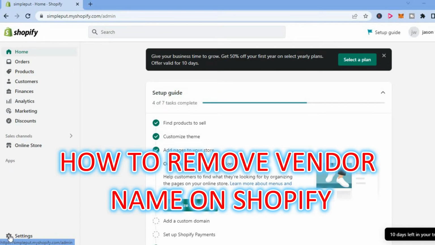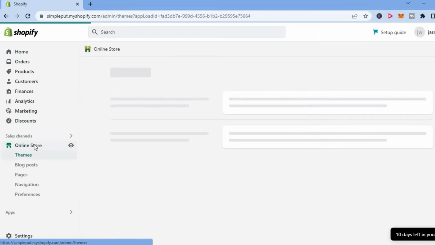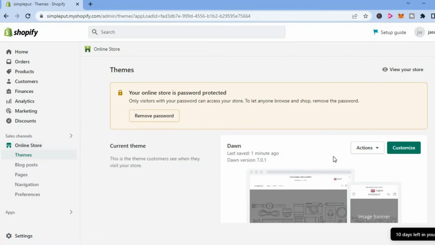In this video, I will be showing you how to remove vendor name in Shopify. The first thing you want to do is go over to the left-hand column and tap on Online Store. Then, once you have selected Online Store, you will be redirected to this page and you're going to